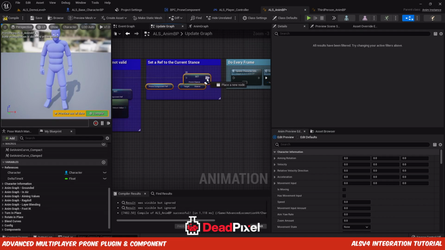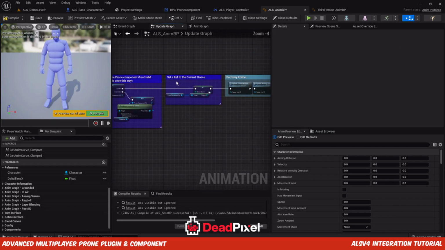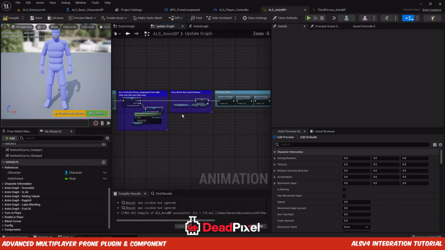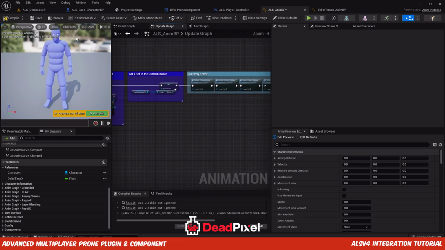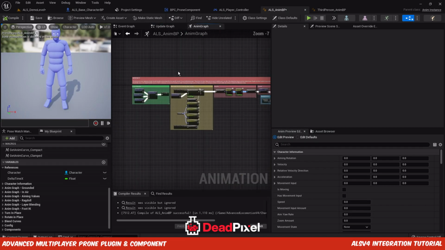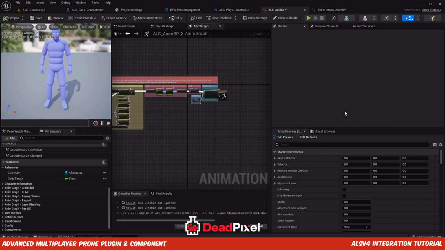If it's not, it will set it and then it will quickly loop back through again, since it's updating, running on tick. And then we'll set the stance. Now we want the, actually I'll just set up this first. So now that we have that done,